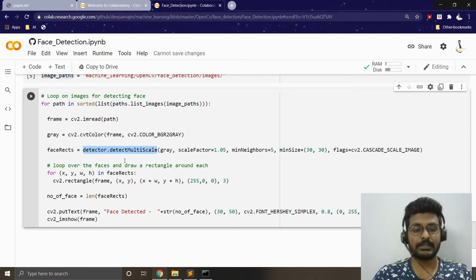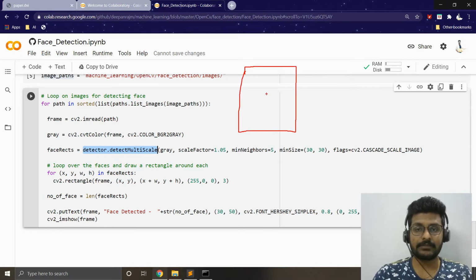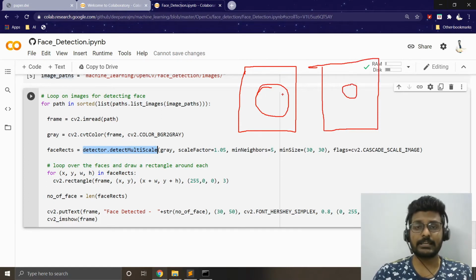One important thing you need to keep in mind: let's say I have an image, and the camera is very close to my face, so the face might appear very big in the image. If the camera is very far from my face, it will be much smaller. If I apply a Haar cascade classifier on these two images, I might have difficulties detecting faces because one is very close and the other is very far. We should have a perfect strategy, let's say a medium size face in a given image, so our cascade classifier might find it a little difficult to detect faces in this region.